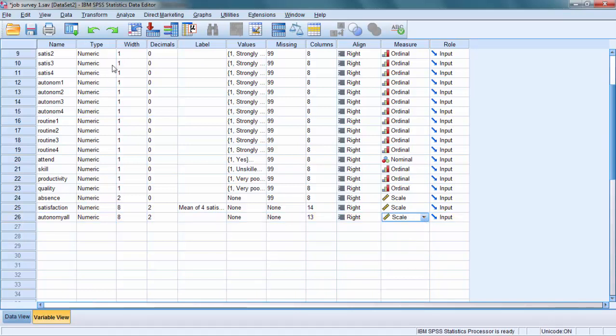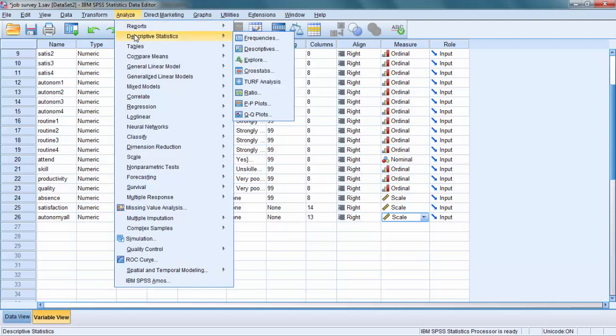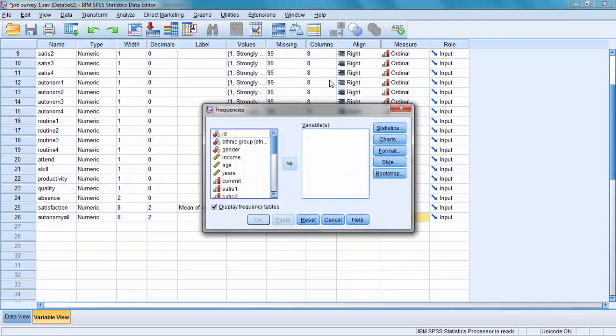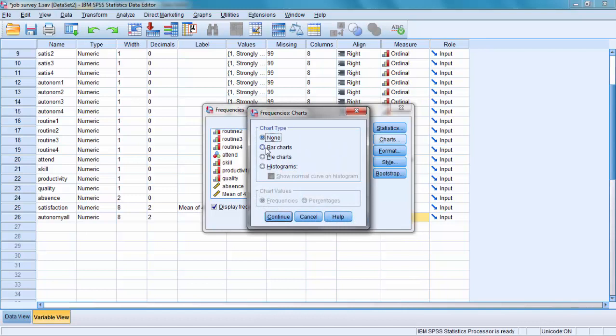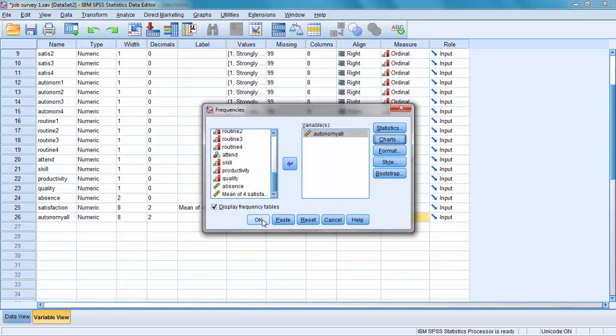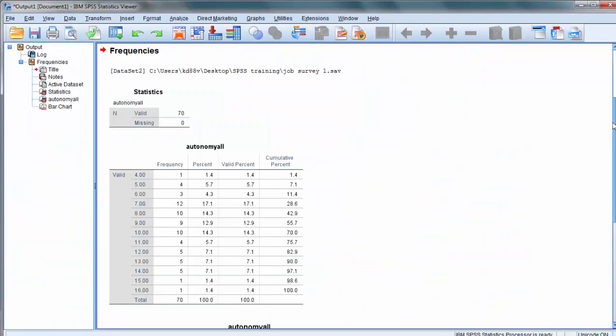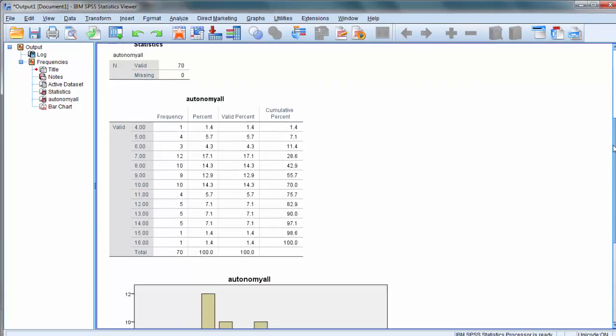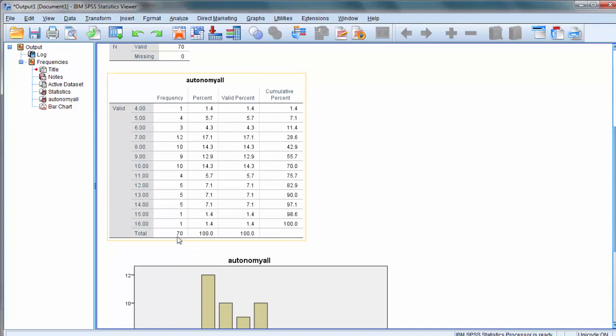Okay, let's have a look at frequencies to see how it looks, and I am going to plot a bar chart. Continue. Okay. So now we have 70 respondents, where respondents variedly agreed and disagreed with the statements that measure autonomy,